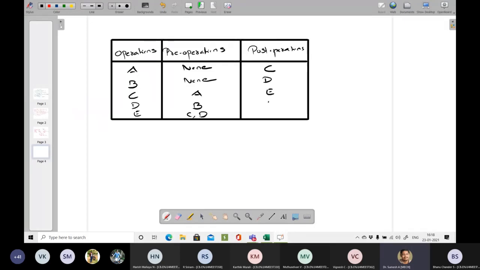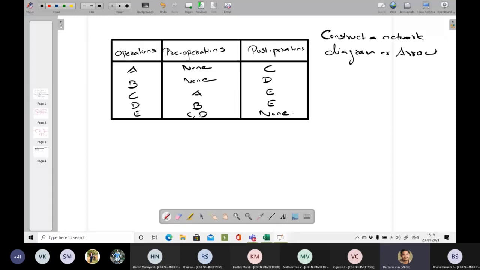So this is a typical data given to you. Construct a network diagram or arrow diagram. How to process?